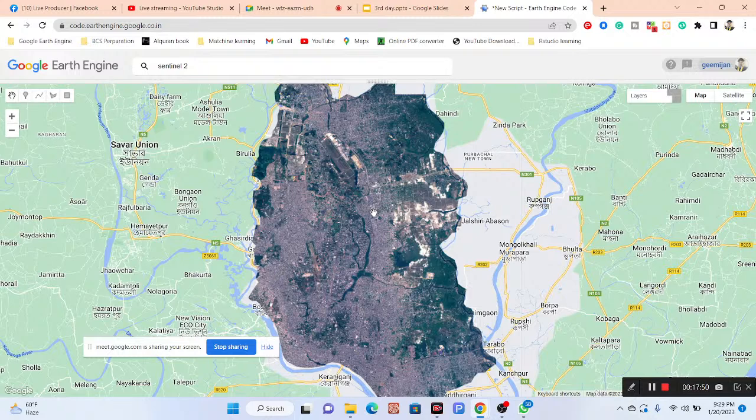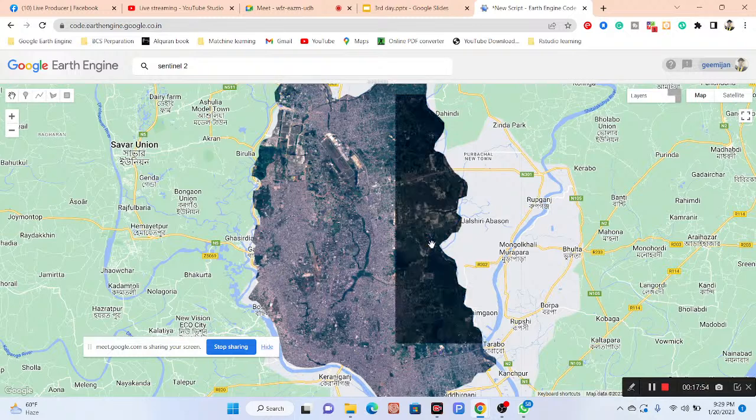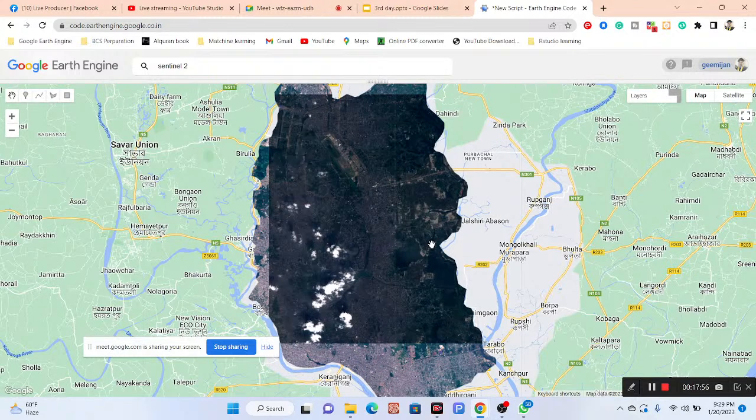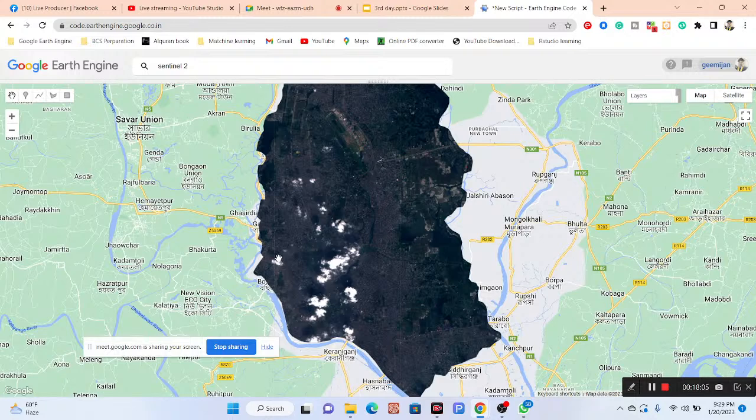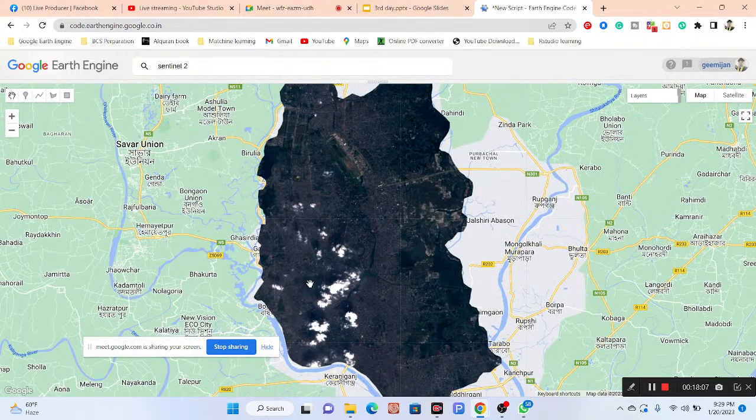You can see this is the dry season image, which has no cloud, and this is the wet season image. In the wet season image, we can find some cloud. But we can easily remove cloud and haze from the satellite images and get very clear satellite images. At this time I will not show this part. I will show it next class, how you can easily remove the cloud and haze from the